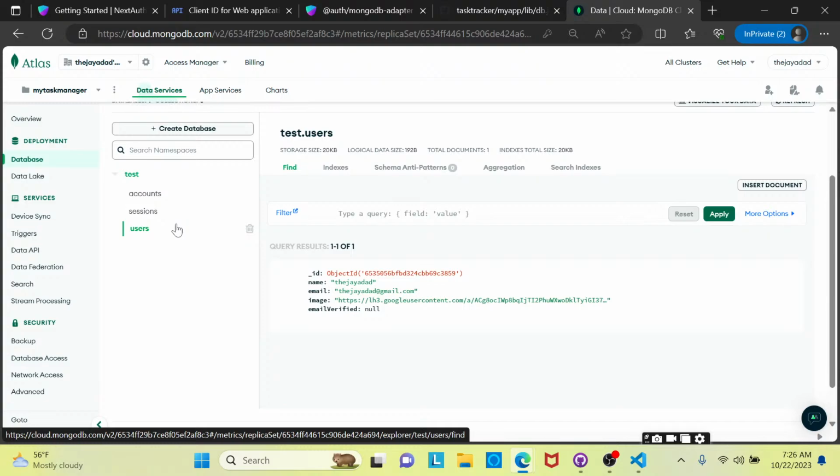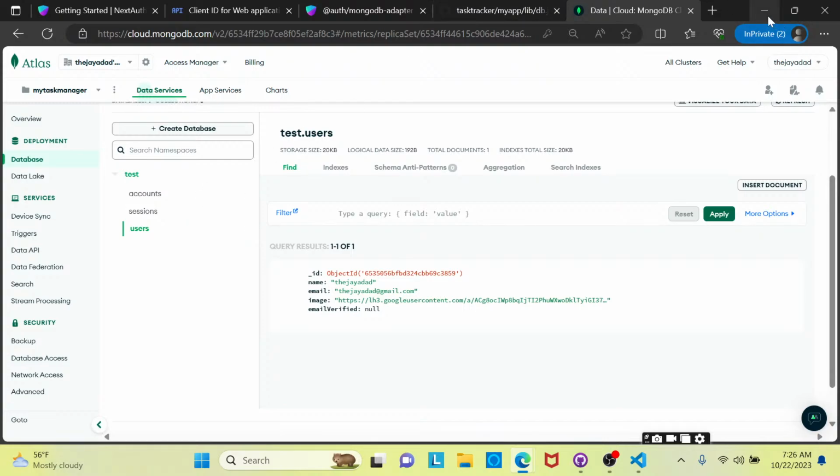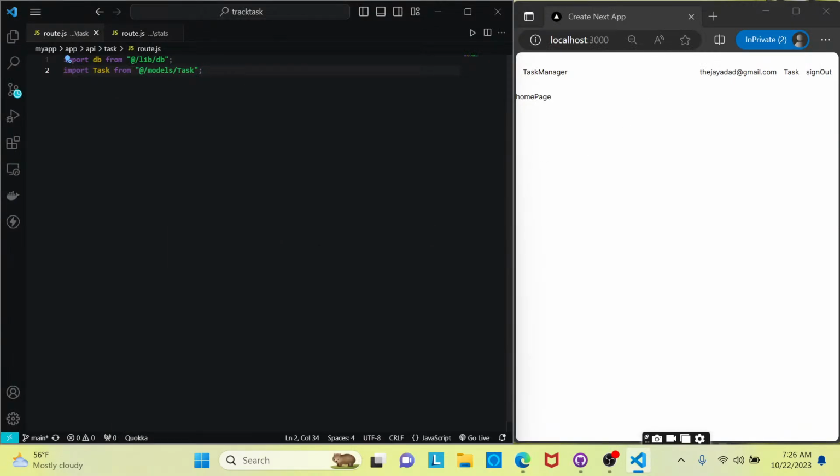Now, we're going to make this a personal task manager, but you also have the ability to add in additional users, assign tasks to users, etc., and also provide roles. If that's something you're interested in, just let me know. I'll be happy to set that up as well. Otherwise, we'll just stick with what we have and keep this as a personal task manager versus one that is scalable to multiple users. So we'll minimize this screen, and back in our API task endpoint in the route.js,